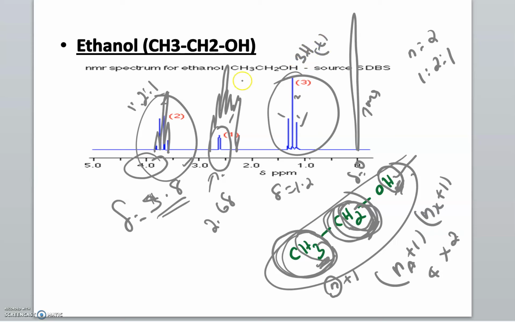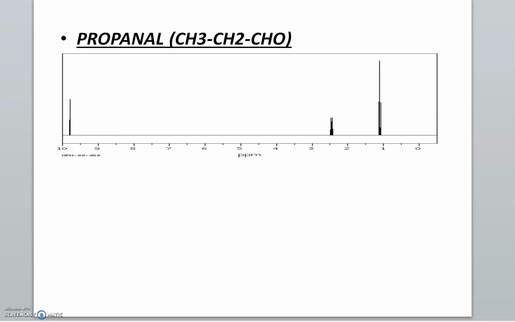This is the 2 hydrogen multiplet. And this is the 1 hydrogen triplet. Okay, each at different delta values. That is ethanol. And our last compound, that is propanol, CH3,